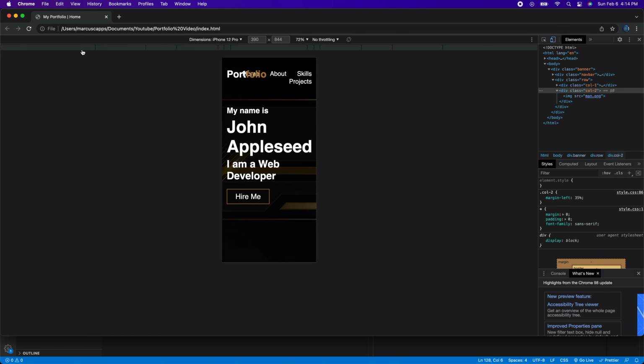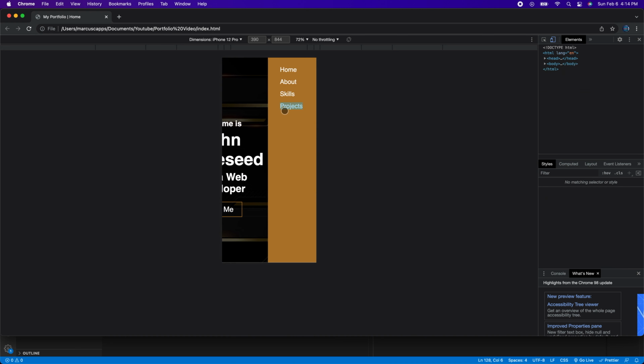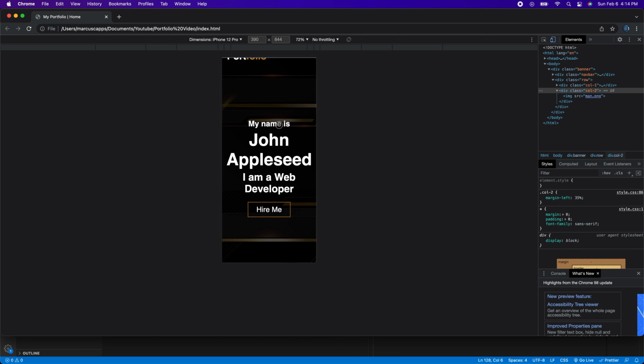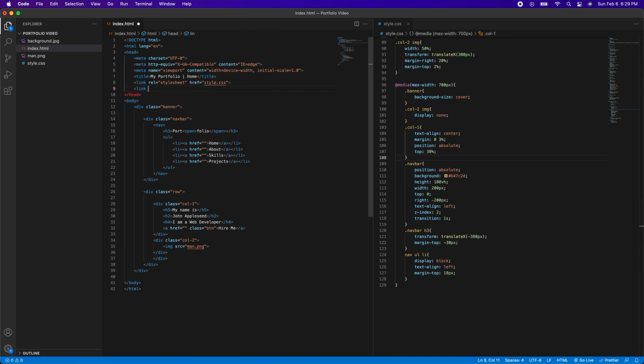Okay, now hopping back into the browser, we can see that overall things are looking much better, except for that portfolio. We're gonna just need to translate that down, probably about 50 pixels. But besides that, things are looking good. Okay, now we have to add basically the link and the font itself to change the font up a little